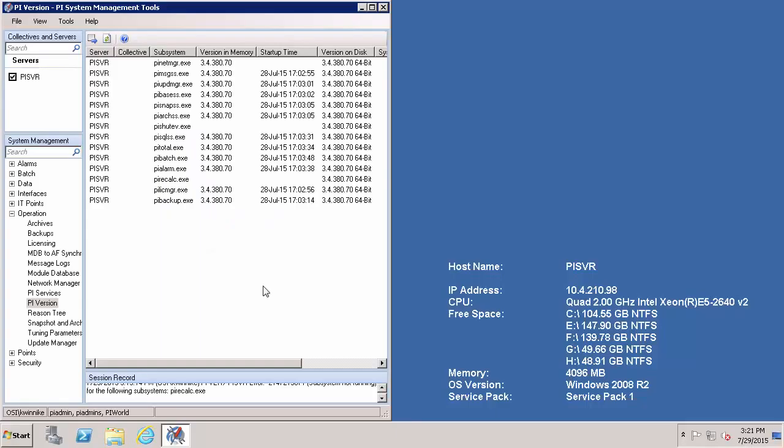In this video, we'll be upgrading an existing 3.4.380.70 64-bit Pi server to Pi Server 2015. In previous videos, we planned out our upgrade by reviewing the live library documentation, deciding on our architecture, and downloading